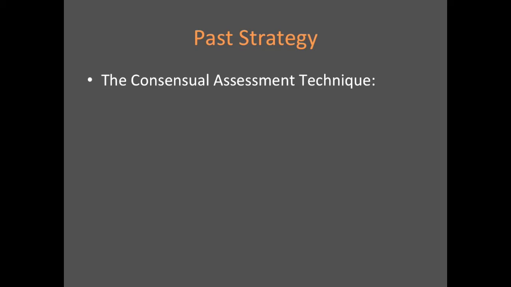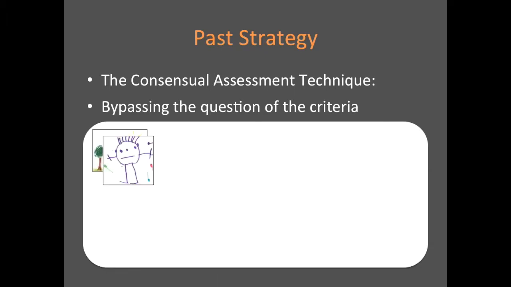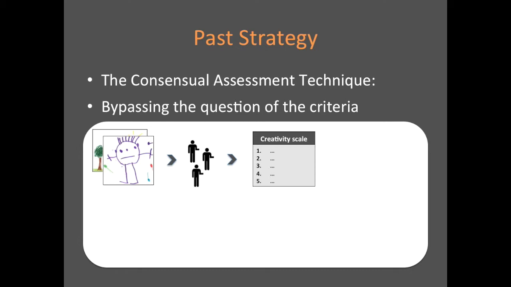So, of course, there have been several strategies to deal with this criterion problem. Probably the most popular is that of the consensual assessment technique. The idea is simple. It is to entirely bypass the question of the criteria. Here is how it works. You have a set of creative products, drawings for instance. You ask various experts to rate their creativity on a 1 to 5 scale, and you calculate the statistical reliability